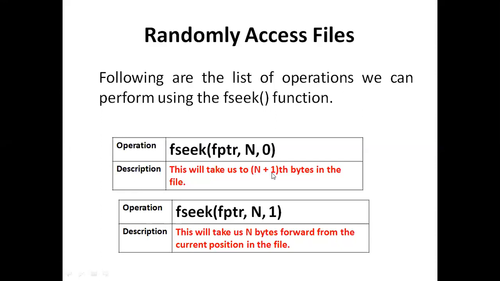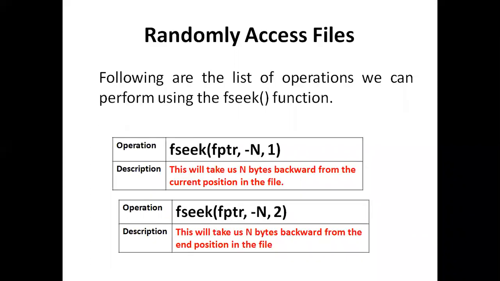And if we are passing a particular value n, a certain number, say the seventh position, it will take you to the seventh byte inside the file from the beginning onwards. And it is going to move n bytes forward from the current position of the file. And n comma 1 means n, we need to remember.